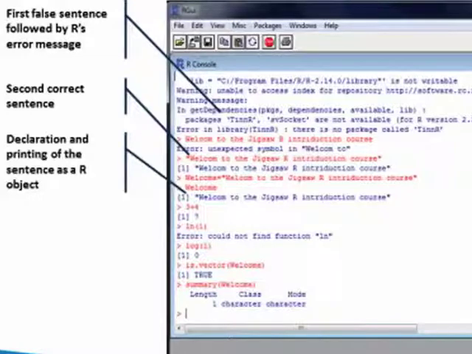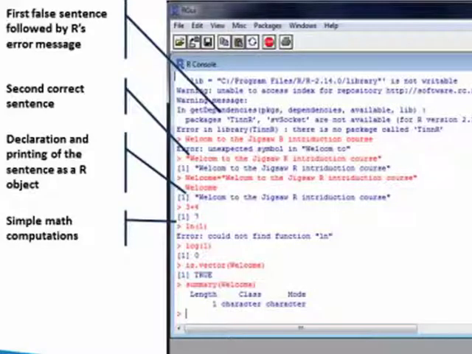Now we continue by defining an object called welcome, within which we have stored the value "Welcome to the Jigsaw R Introduction Course." After confirming our instruction by pressing enter, the object is created and we can call it by simply writing welcome. We can also use R as a calculator by typing 3 plus 4 in a new line.